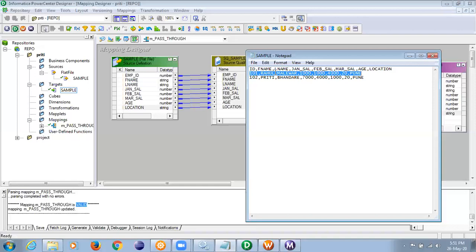Whichever is the scenario, the data will only flow in a row by row manner, whether it is a row wise calculation or a column wise calculation. Irrespective of your manipulation requirement, the data will flow only in a row by row manner. There is no exception. That is how Informatica is designed, to have the flow in a row by row manner. Am I clear on what I said?